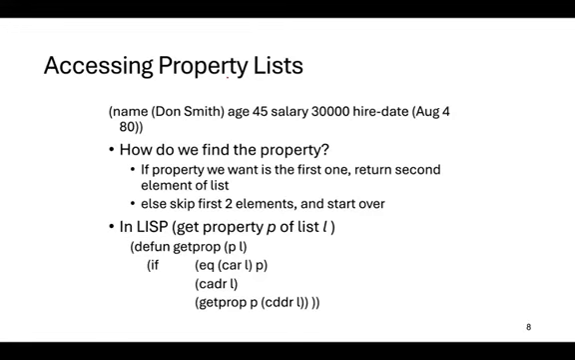Now, how do we want to access a specific property from our list? How do we find the property we're interested in? So if the property we want is the first one, which is basically we want to access the name, so we want to be able to retrieve back Donna Smith, we basically return the second element of the list because you skip the property name and then you go to Donna Smith. Else, skip the first two elements and start over. Otherwise, if it's one we're not interested in, then we're going to skip the first two elements because it's a property and a value associated to it. And then we skip over to the next two values and start at the next part of the list